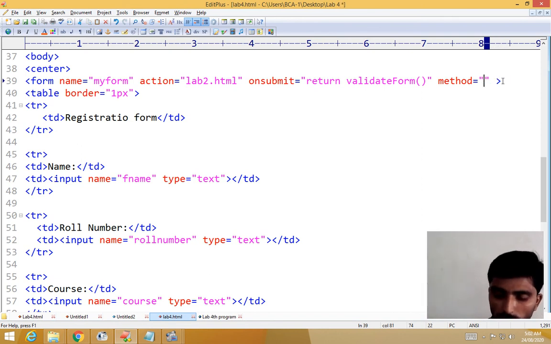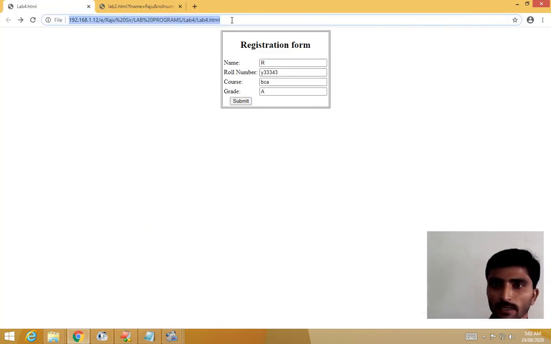They write post, because they do not want to display the data within a URL.